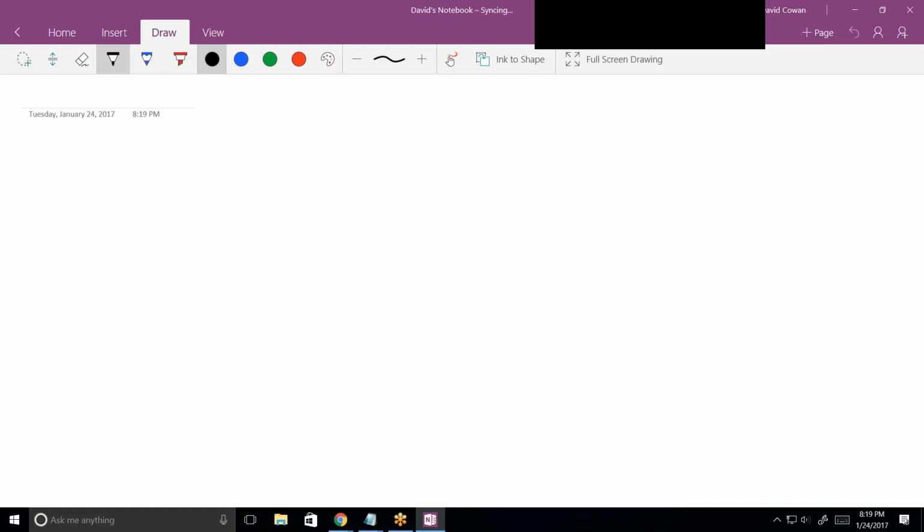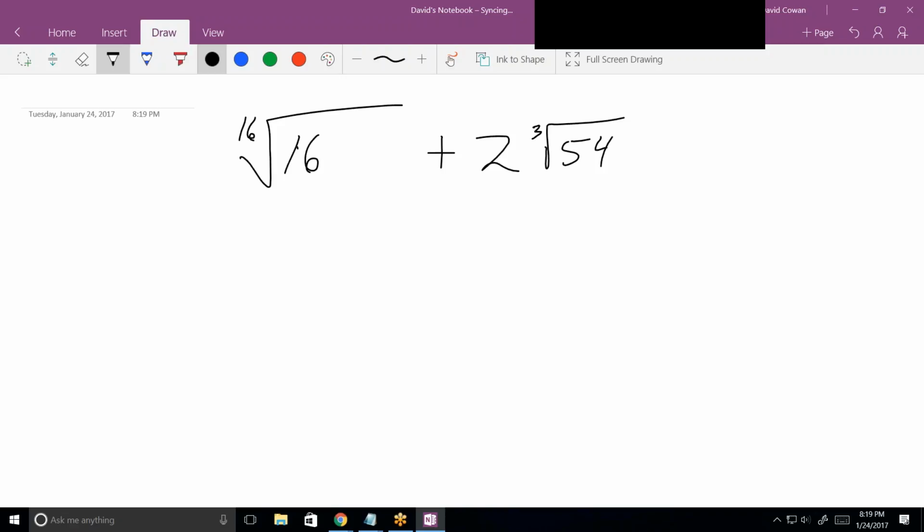Let's see. There's one kind of similar. Okay? But it's cube root of 16 plus cube root of 54. Plus 2 root 54 or cube root? Cube root 54. Okay. No, there's no 2. It's just 6. Okay. So the secret to this problem, we can't add